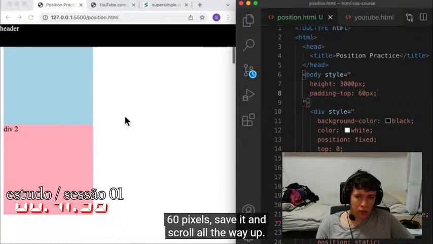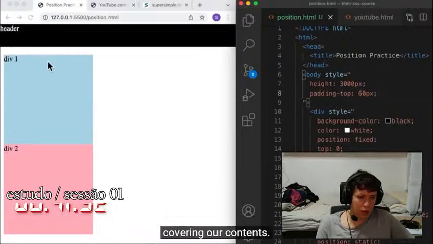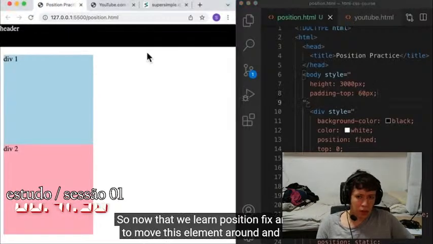Let's save it and scroll all the way up. And now we have plenty of space at the top of the page, and our header is not covering our contents. So now that we learned position fixed and how to move this element around and resize it,